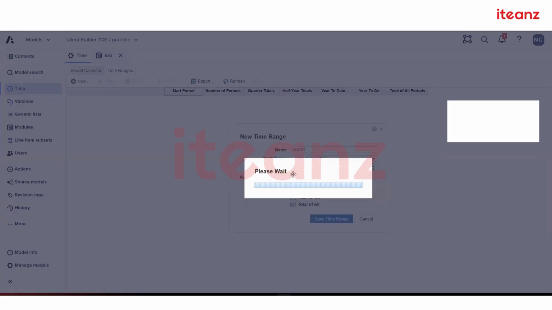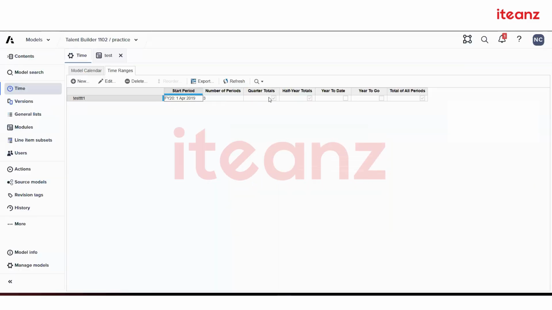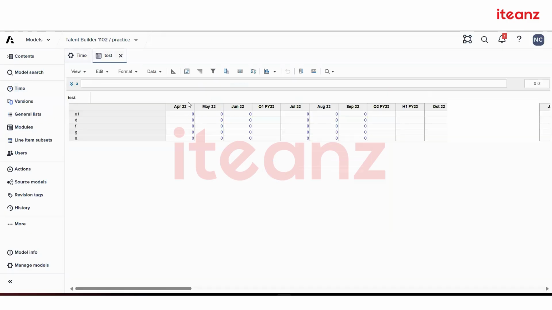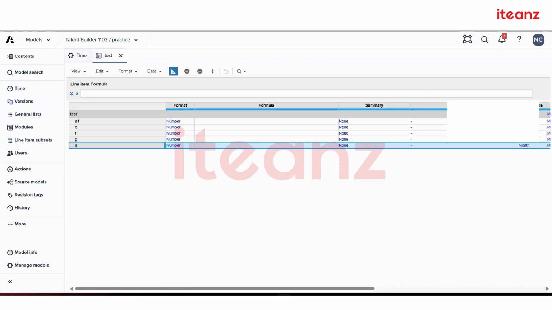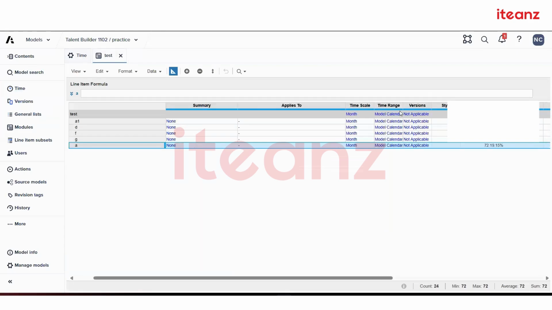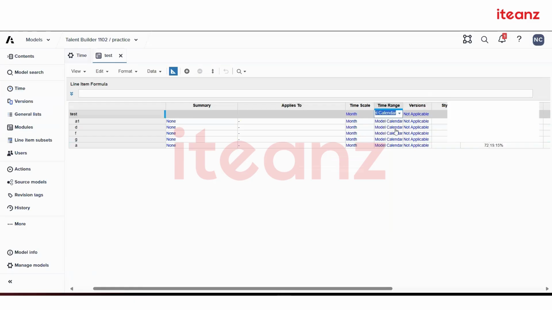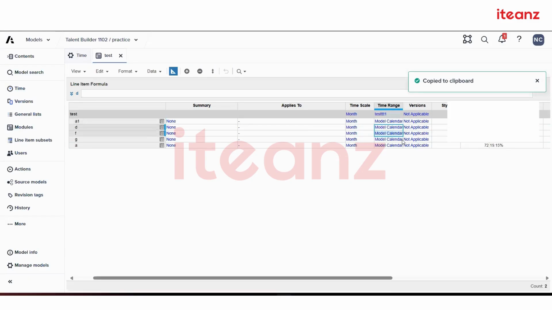Let me have this same time range. So I can have the same options over here also. As of now, inside this, my time is starting from April 22. But if I change my time range over here from the model calendar to whatever I have created, that is your test one, then I'll have a significant change in my cell values as well as